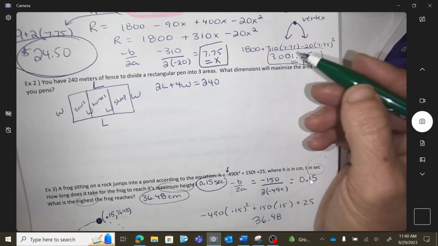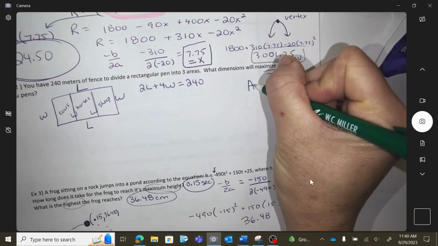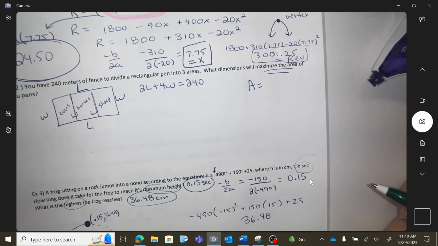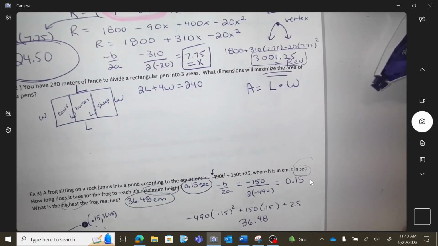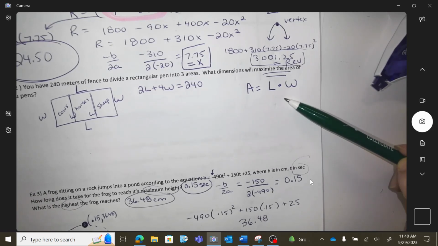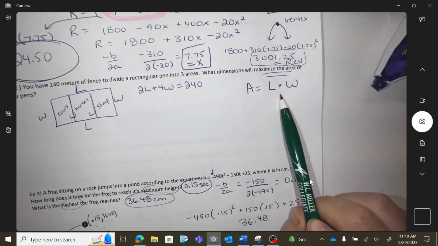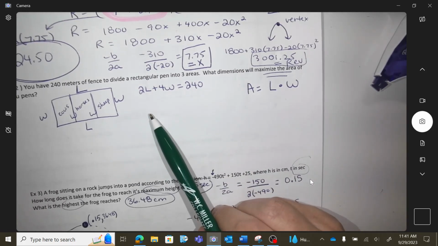Okay, step 2. We're going to find the largest area. So area of a rectangle is length times width. I'm not going to tell you that on the test, so I expect that you just might know that. Length times width. Okay, here's the situation. We're going to find max area. We're going to need a quadratic. To get max, you need a quadratic. This has 2 letters in it instead of 1. So the goal is to get a letter alone and substitute.